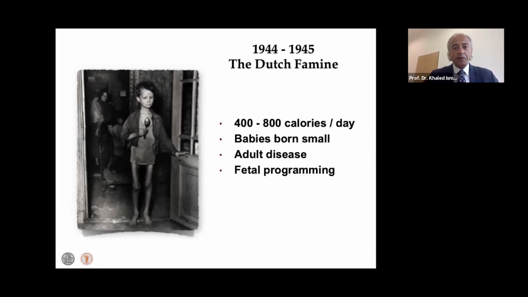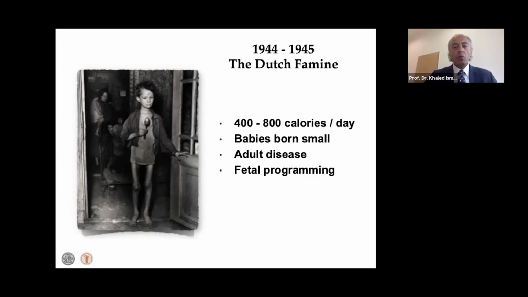Some of these women were pregnant, and when they delivered, they had very small babies. A lot of these babies eventually did fine, and they seemed to be okay and developed, and they became adult men and women. But what was observed 40 or 50 years after this